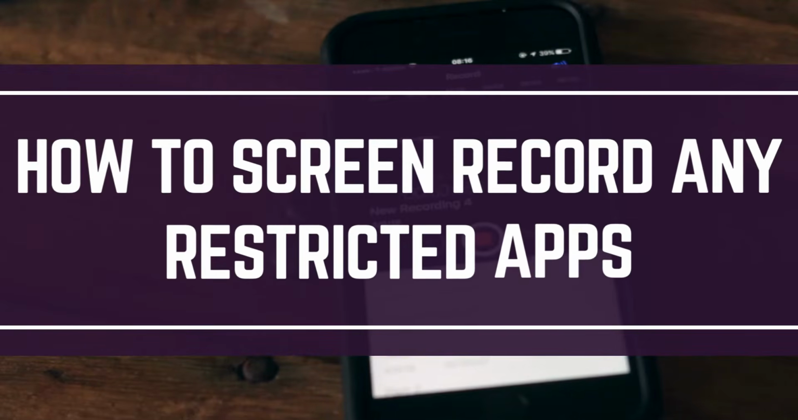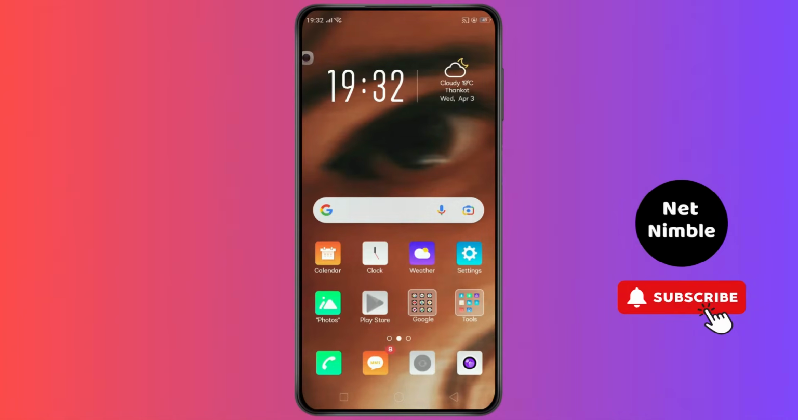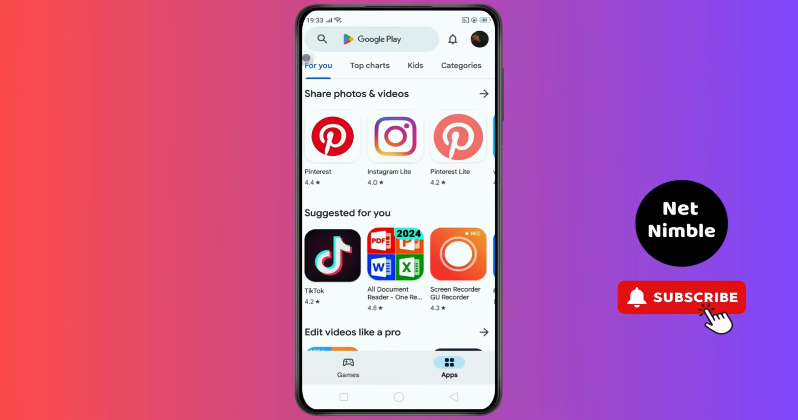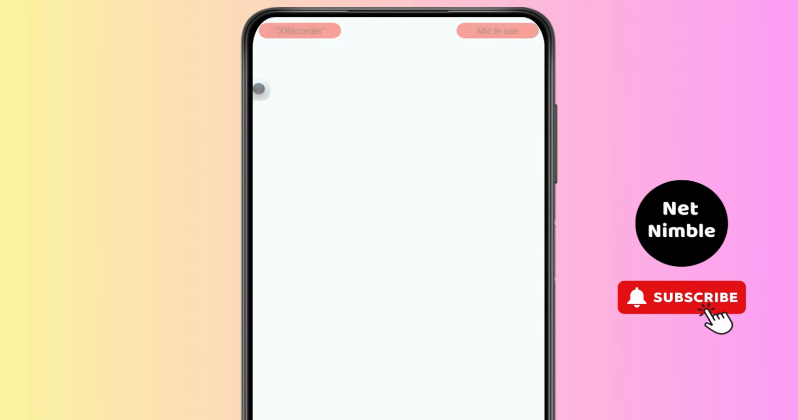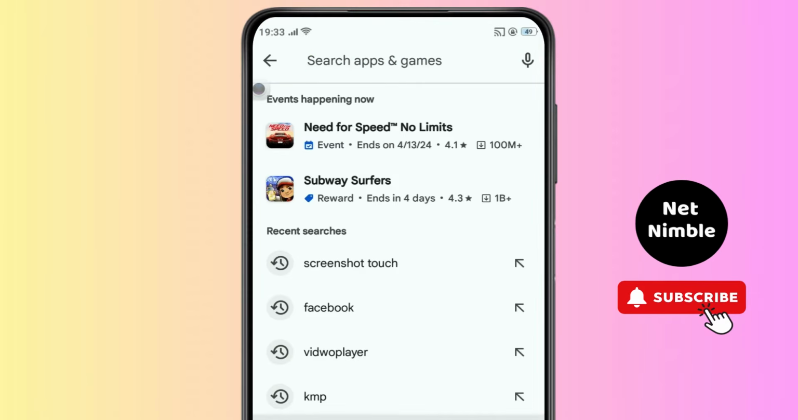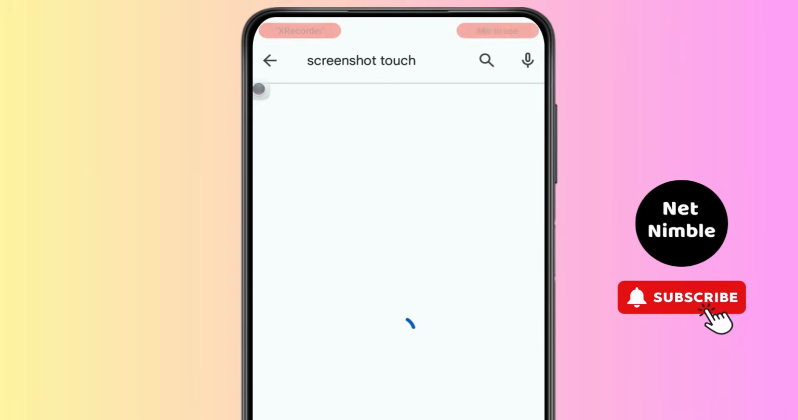How to screen record the restricted apps? To do that, first of all, go on the Google Play Store or App Store of your phone. After going on the Google Play Store of your phone, you will see an interface like this. On the top search bar, just search for Screenshot Touch, and when you search for it, you will see an